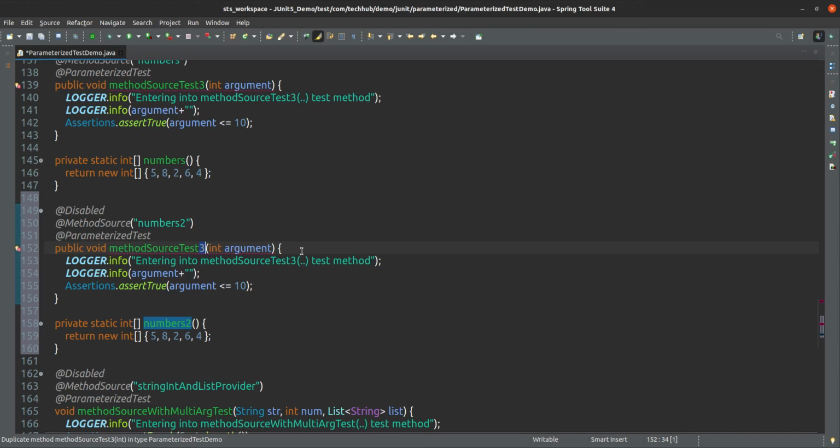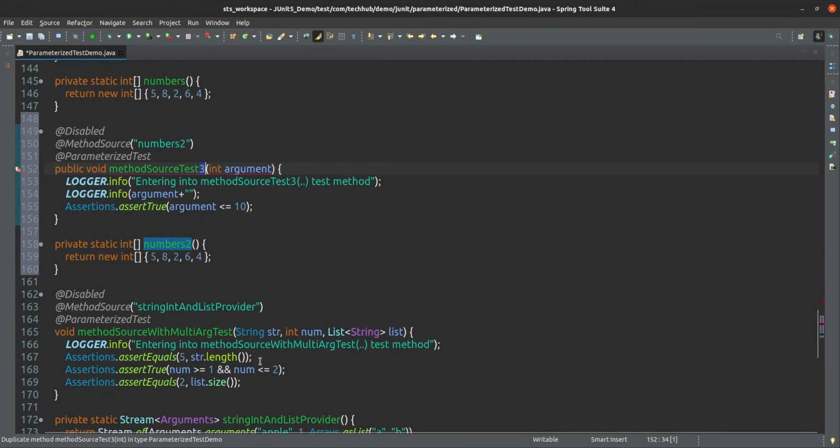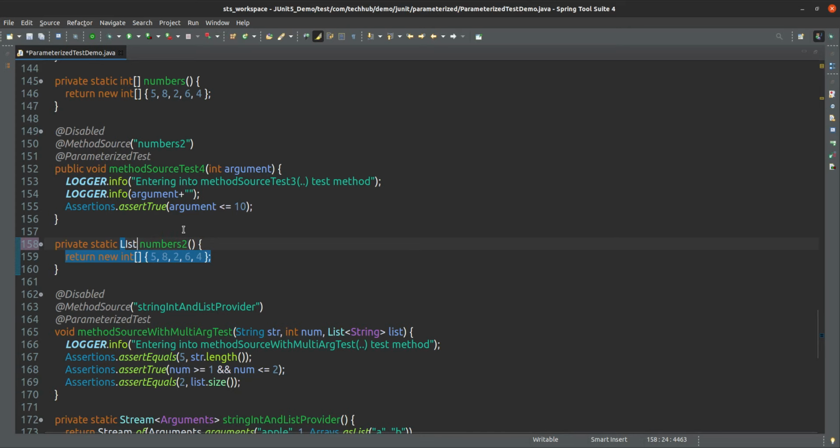In this method source, just 4. Okay, that's fine too. And here what we are returning currently is an integer type array. I will return a list of integer here. So how can we do that? Return list of